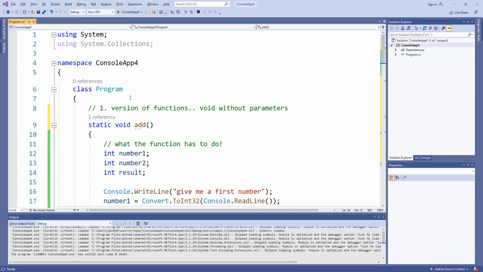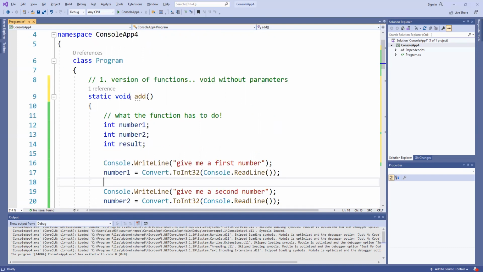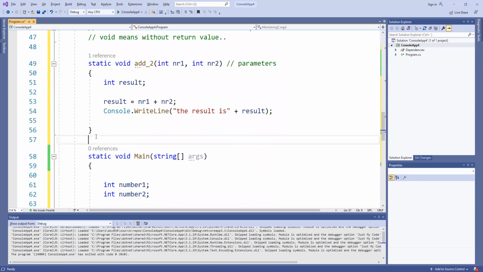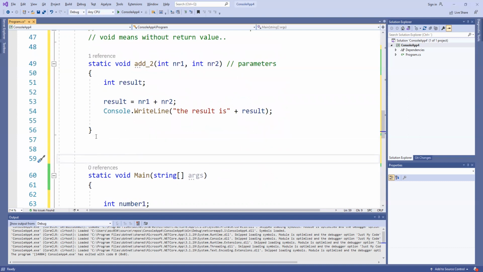And this is not a void function. So I will show you the third version of a function. It has the same purpose: it should add two numbers. I know I chose a very simple goal, but it's very important to choose something simple to understand the overall process. I call it the third version of the function,